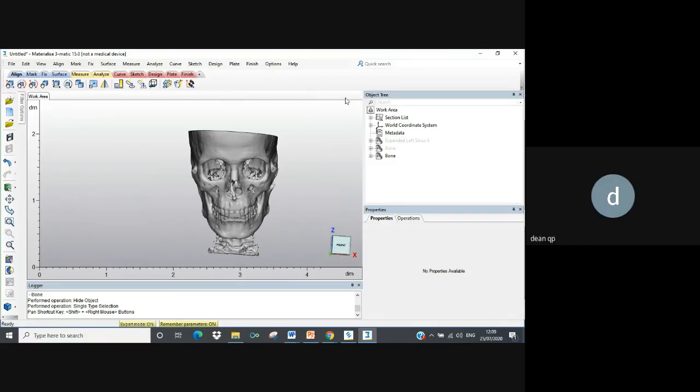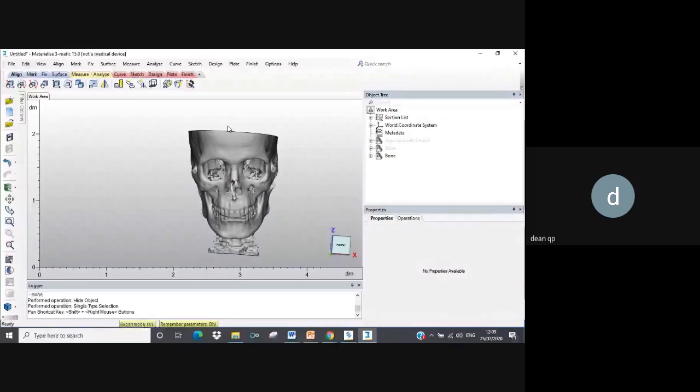At least the interface is clear. Maybe in the evening, when we are discussing, you can start telling us how to do oropharyngeal airway segmentation. So maybe it will be good to do two exercises for this assignment, one for maxillary sinus and one for airway. Okay, ma'am. Okay, we can do that.